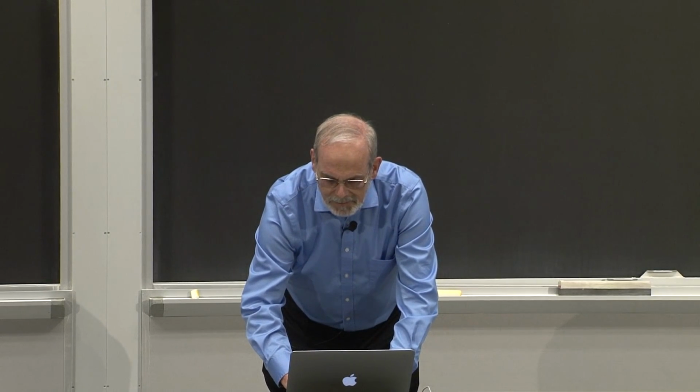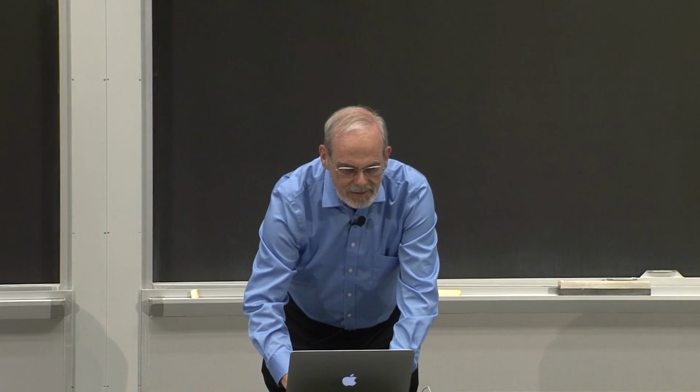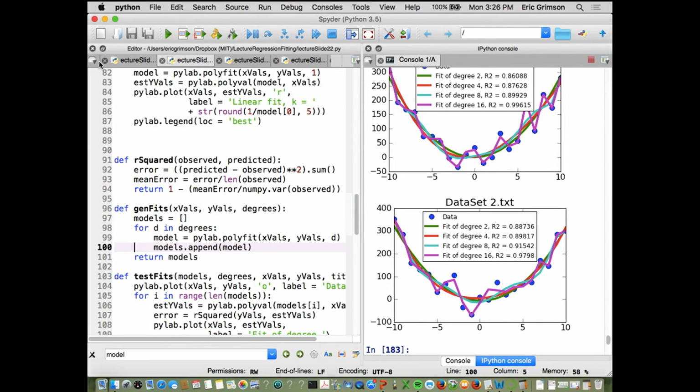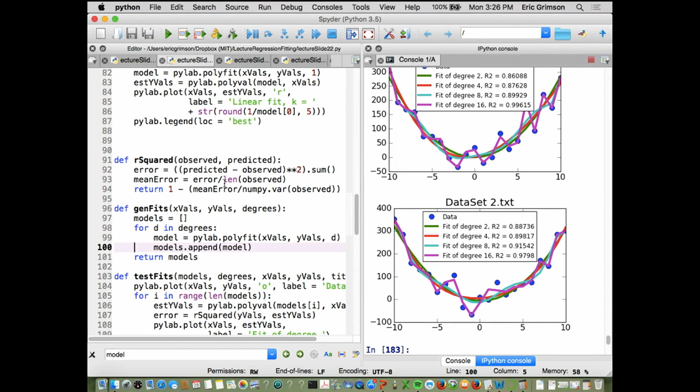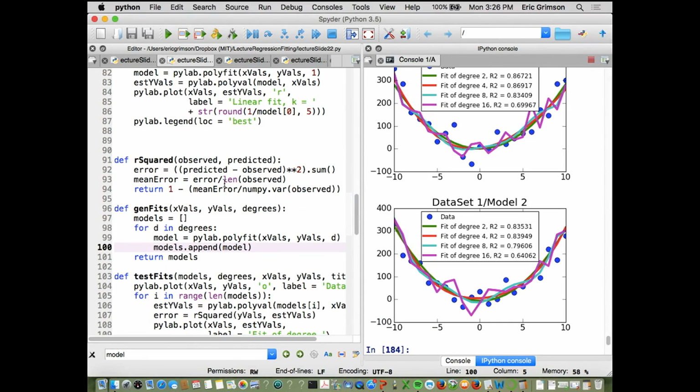So if I go back over to Python, and this code was distributed earlier, if you want to go play with it yourself, this should be the right place to do it. I am going to run that code. Now I get something a little different. And in fact, if I go look at it,